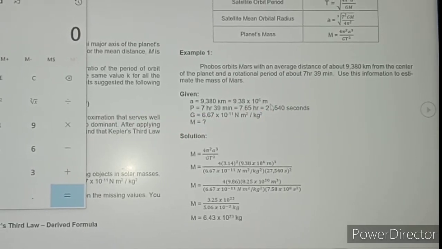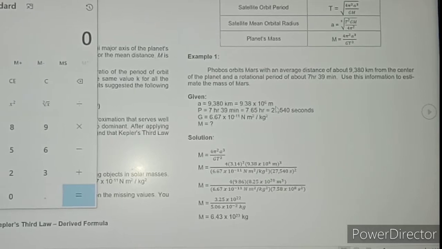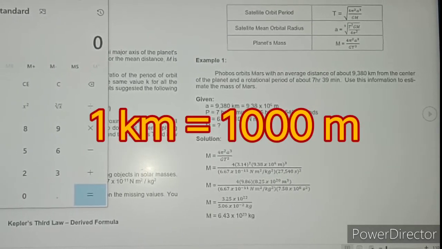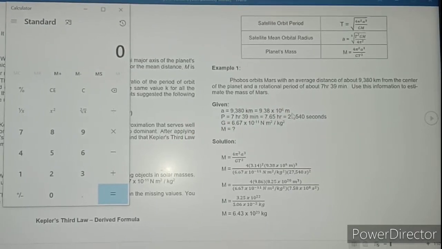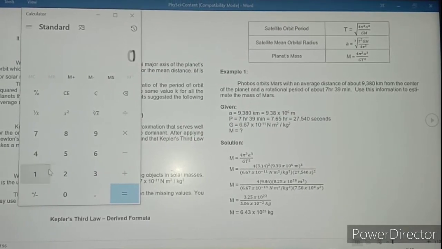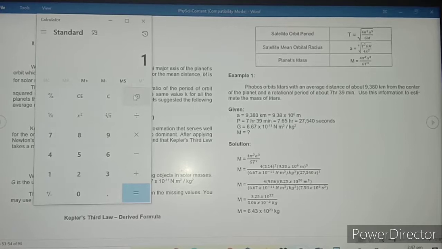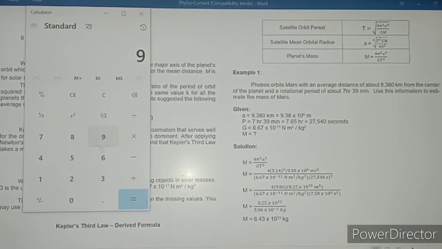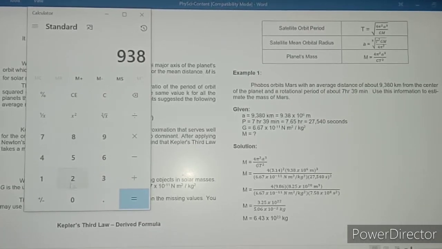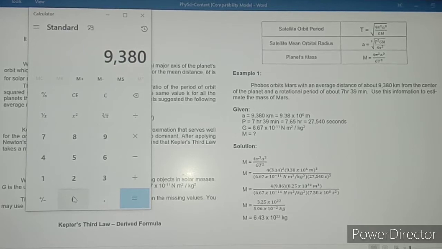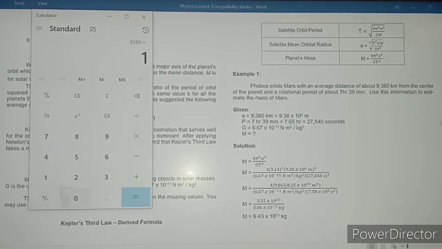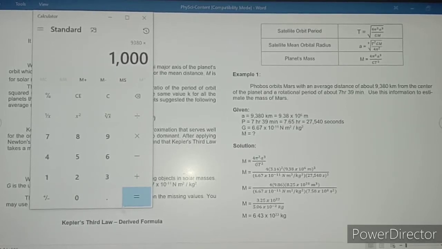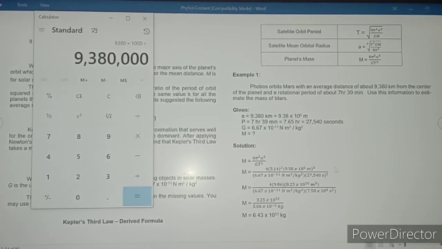Okay? Yun po yung sa conversion natin. So, tandaan po, 1 kilometer or 1 km is equal to 1,000 meters. So, in conversion, ang gagawin po ninyo, 9,380 times 1,000. Okay? So, the answer is